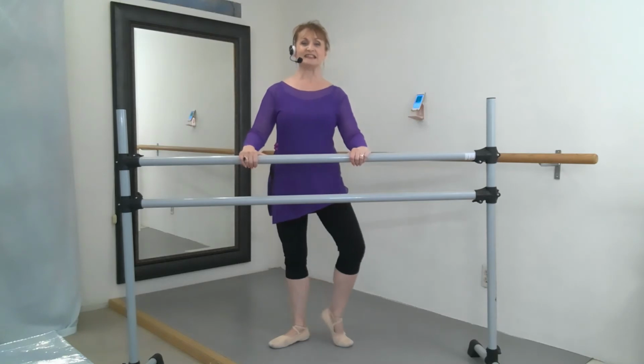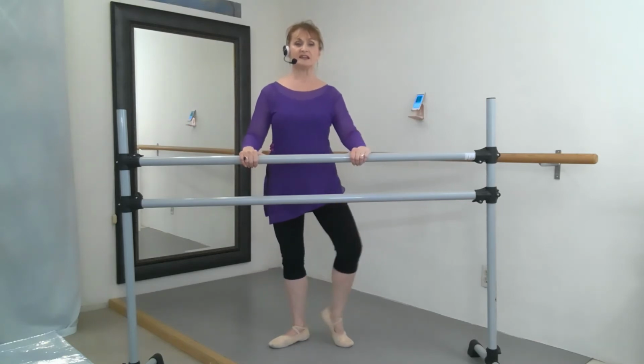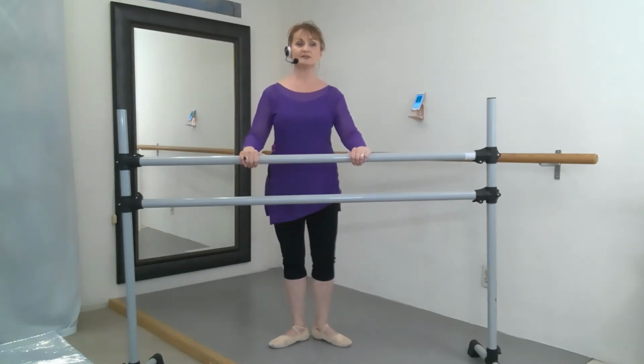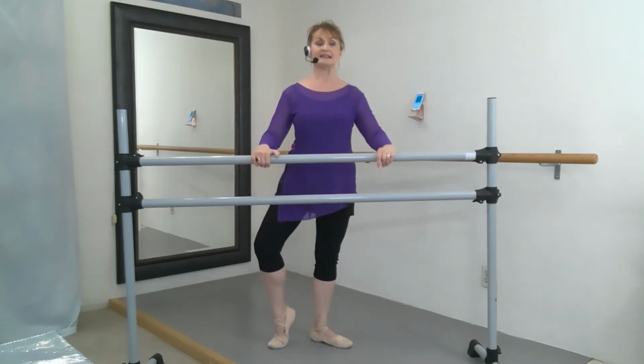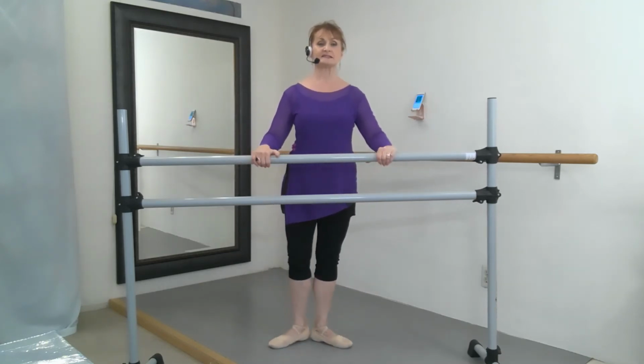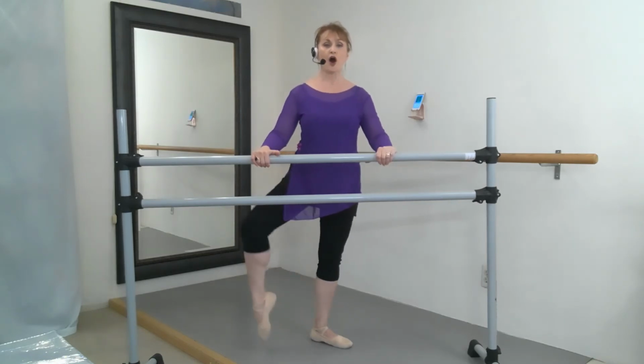And lift your heel, replace. Lift your heel, plié. Peel it off, down, and 2, and quick. And heel, replace. And plié, and straight, off,